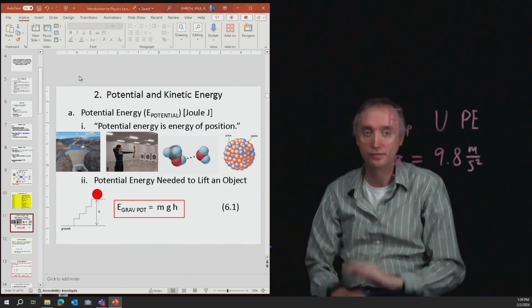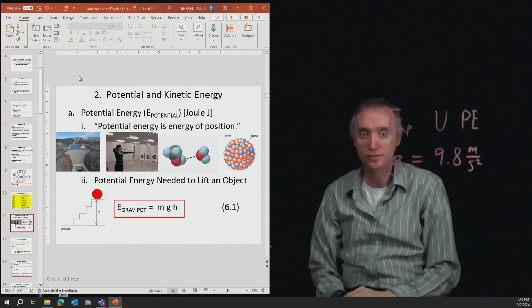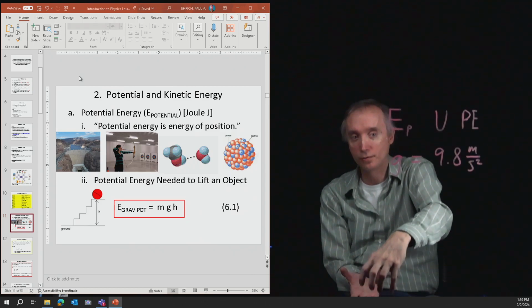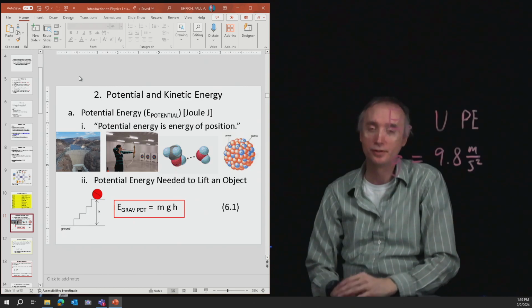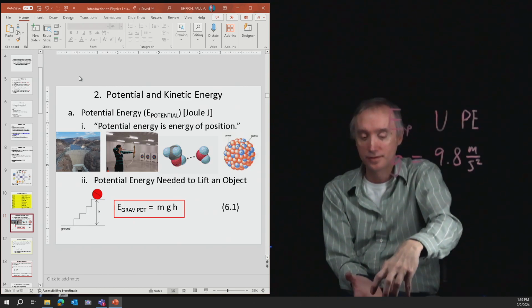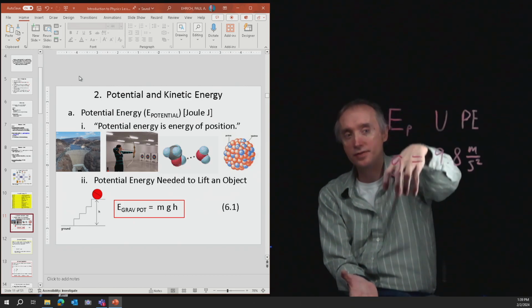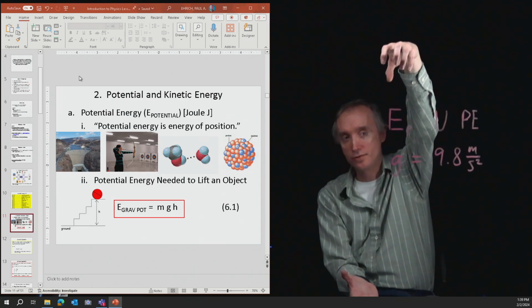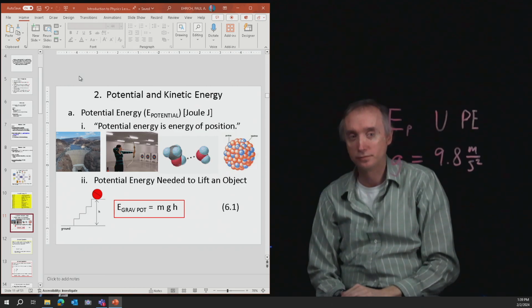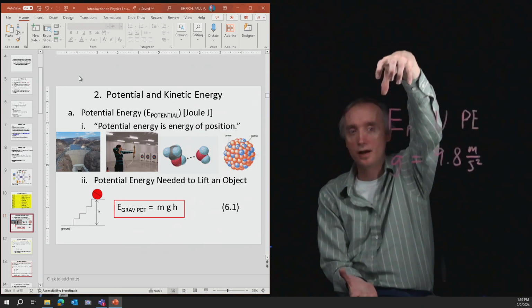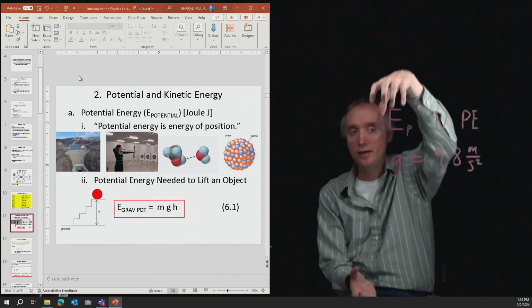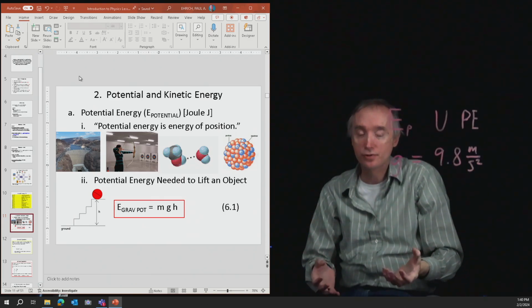I won't even specify what kind of ball it is, but you've got a ball and you're going to raise it 1 meter up, drop it on your foot. I don't know why I'm so violent, but anyway. Take the other ball, raise it up 2 meters, and drop it on your foot. Which one's going to hurt more? Okay, it's going to be the one that you lifted higher because you gave it more h, so it has